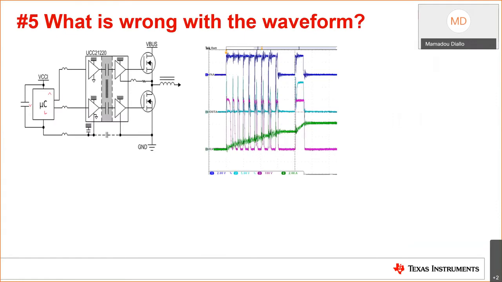On to our next issue here. So we have another half-bridge topology again, similar to the previous examples. In this case, we're using an isolated gate driver. Channel 1 shows the PWM input in A. Channel 2 captures the out A, while channel 3 in red captures the switch node HS signal, and channel 4, the inductor current in a DC-DC step-down converter application. Do you see anything wrong with the waveform? What could be causing this here?